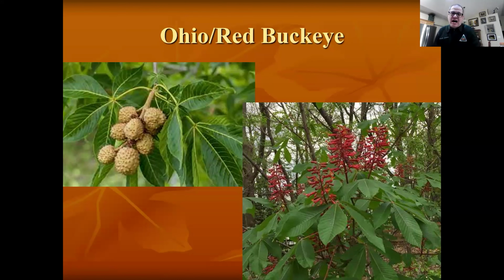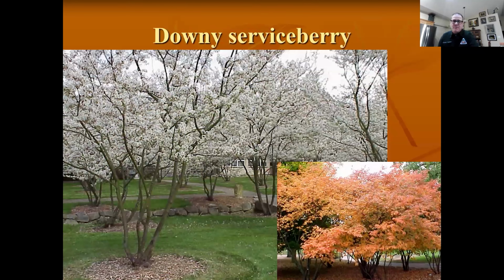Ohio or red buckeyes are very pretty trees. They're one of the first to leaf out. They're smaller trees. If you want something that's not as big, they are beautiful. Really distinctive palmately compound leaves. The red buckeye has a pretty red inflorescence on it. The Ohio buckeye's more of a whitish, greenish color. There's a bottlebrush buckeye. There are some really pretty buckeyes out there. For a medium to small tree, or a very large shrub, these are good for yards.